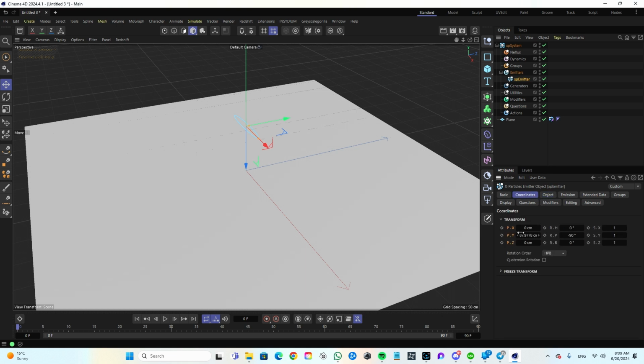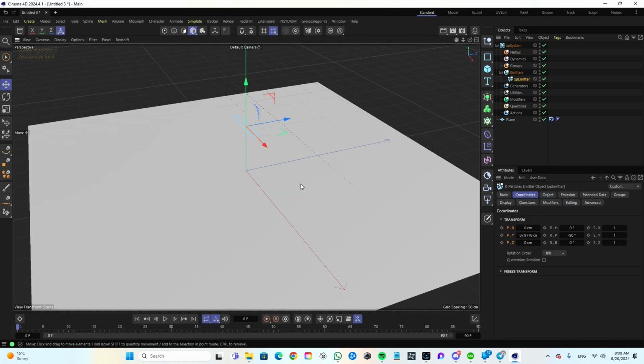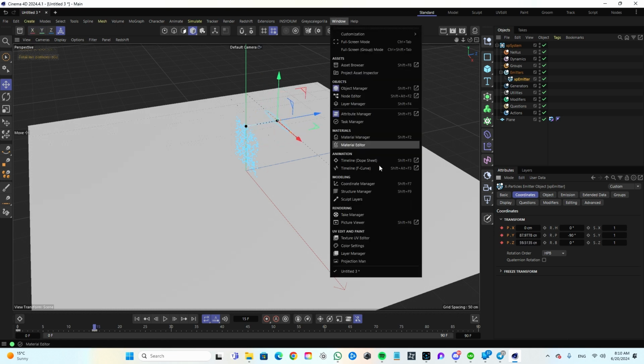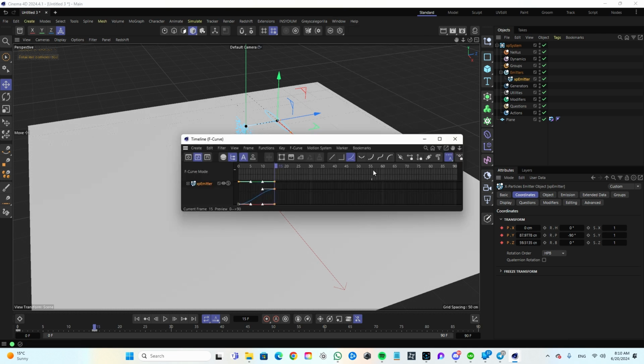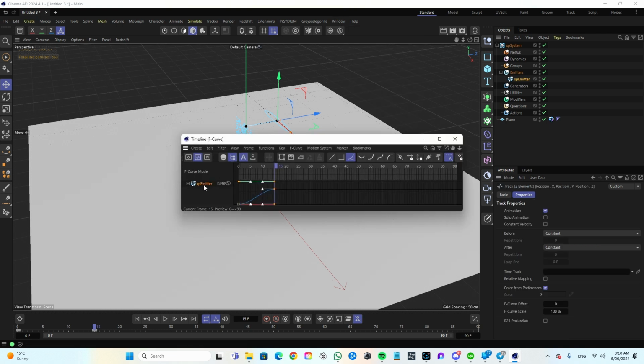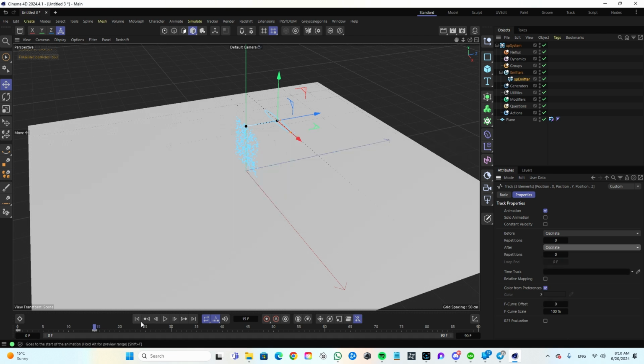So we go to the coordinates, and on the C we want to move every 15 frames, like that amount. Then we want it to oscillate, so we select the emitter here, and then we choose oscillate, and it should be repeating ping pong